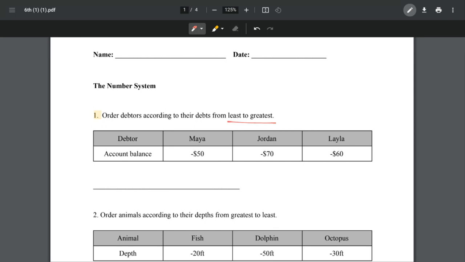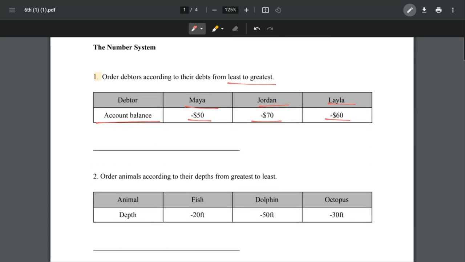Okay, so if you look at our table here, we have Maya, Jordan, and Lila. And their account balance is negative $50 for Maya, negative $70 for Jordan, and negative $60 for Lila. And so if we want to order them from least to greatest, we first got to determine who has the most debt. And we could easily figure that out. It's Jordan because obviously it's a negative value. It has a negative in front, right? And he has the